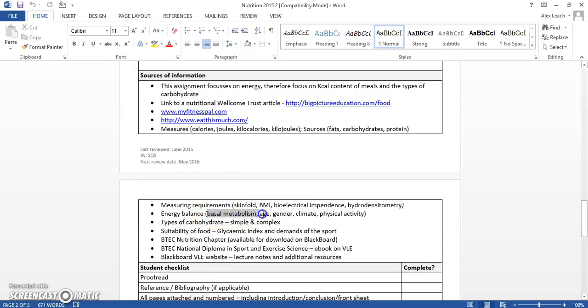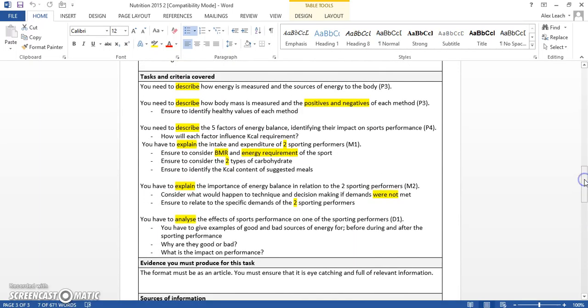Energy balance, the 5 factors. So you need to include basal metabolism or basal metabolic rate, age, gender, climate, and physical activity. You've included really good information on there, but you're not giving me specific sporting examples. So for example, you would say if a female footballer and a male footballer were to perform the exact same physical activity within a football match, the male would naturally burn more kilocalories due to the fact that males are generally bigger and have a bigger muscle mass, therefore they need to utilize more kilocalories. That's what I mean by a specific sporting example, and you need one for each,